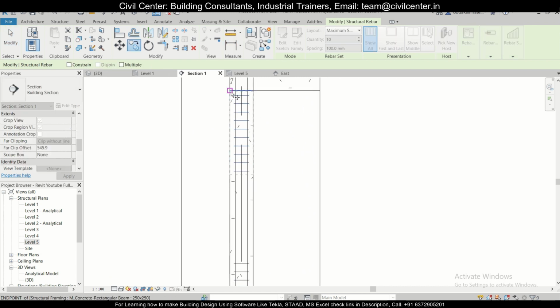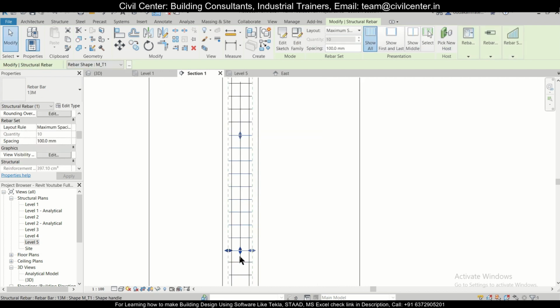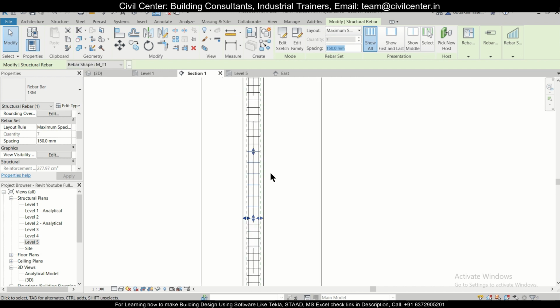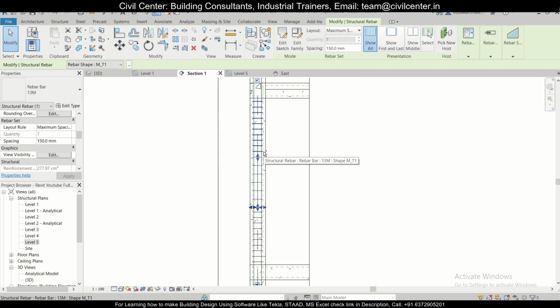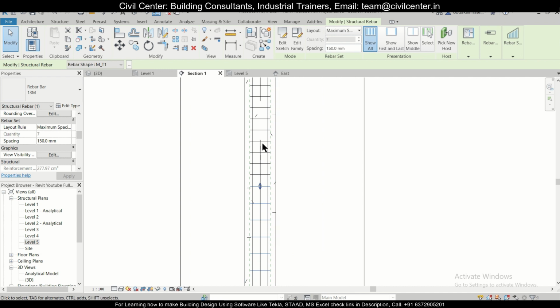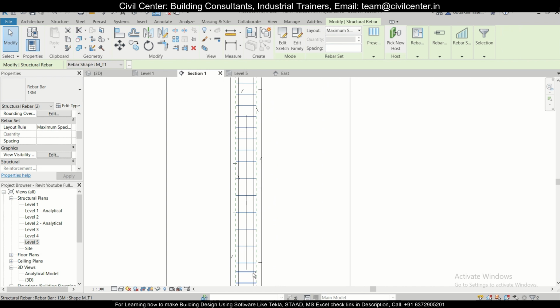After copying this to the top level, we'll just make sure that we copy it here, and after we copy it here, make sure that there is no intersection. So this ends here, this ends here, so this is perfectly 1 by 3. So just select this, and after that do this as 150. This is at the center, so 150 mm. So we have now different spacings for bars at the start, end, and center. Press Ctrl to select all the stirrups here and here, and we'll go to this.